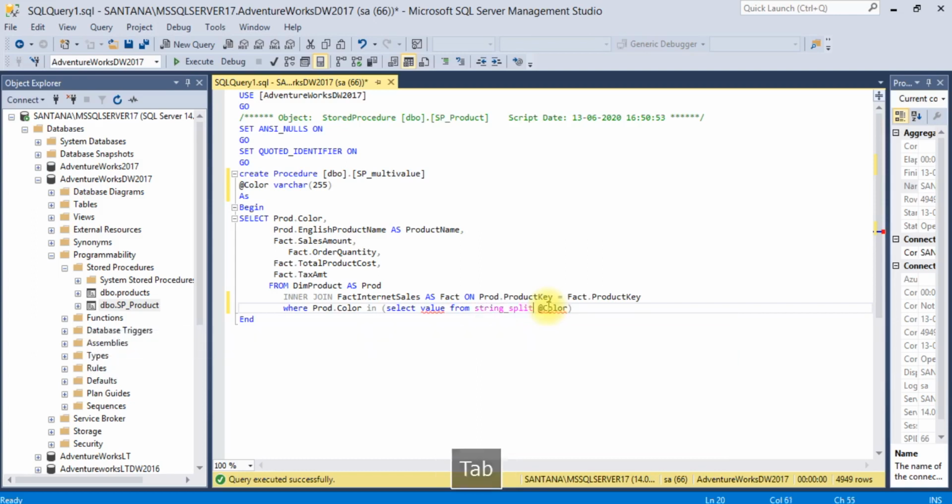It is an inbuilt function in SQL Server 2017. You can use it. If you don't want to use this function, you can write your customized user defined function, which will accept the comma separated value and split it.